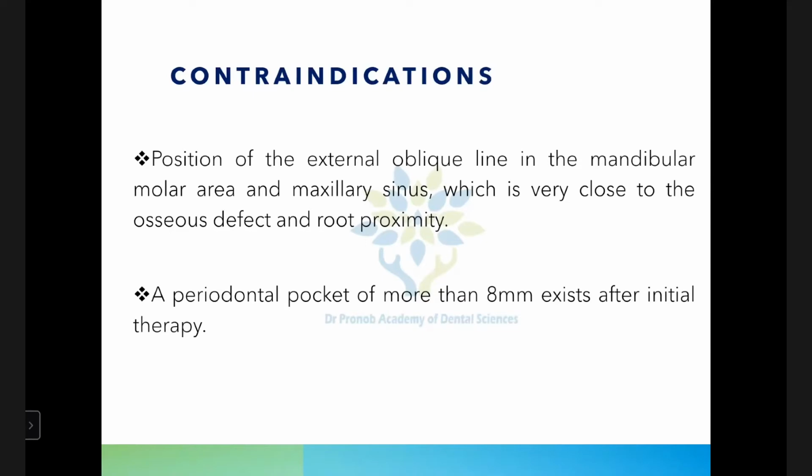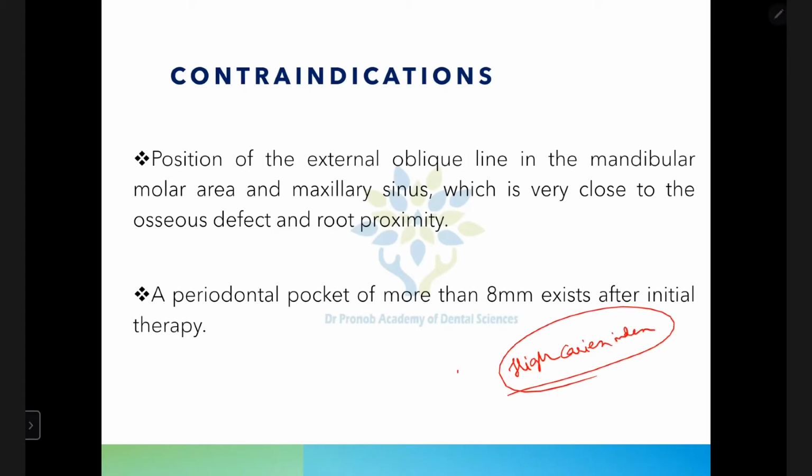Now let's see the contraindications. When should we not perform the resective osseous surgery? There are some contraindications, like if the patient is not stable. If the patient's health is not stable, then we should not go for the surgery itself. We should not go for resective osseous surgical procedures if the patient has impaired physical or emotional health, or advanced age. Another one is high caries index. With high caries index also, we should not go for the surgery.